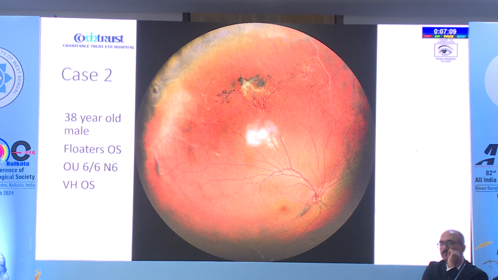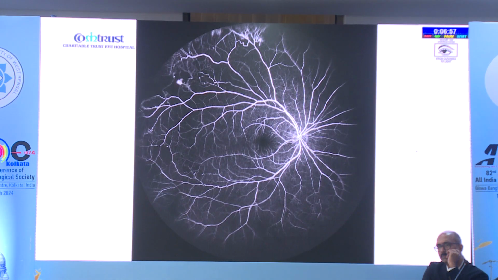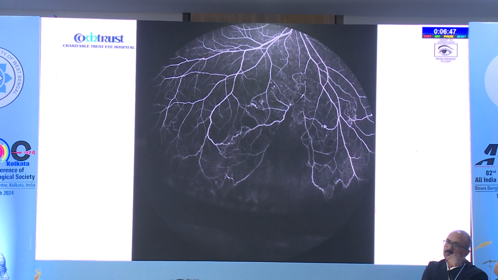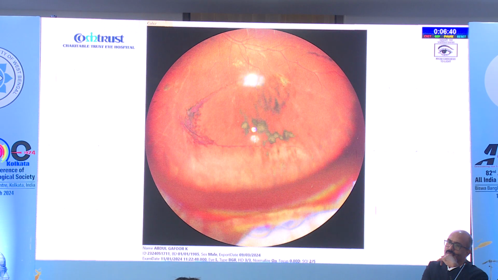So this is a second case where a 38-year-old male came with floaters in his left eye. Both eyes have 6/6 vision. The fundus photo of the right eye shows the periphery, you can see almost till the ora. There are peripheral sclerosed vessels and corresponding angiography shows extensive CNP areas in the periphery. There are multiple neovascular fronds, shunt vessels in the periphery, and you can see the whole extent of CNP areas very clearly. Similarly, in the left eye, which had a mild vitreous hemorrhage causing the floaters,